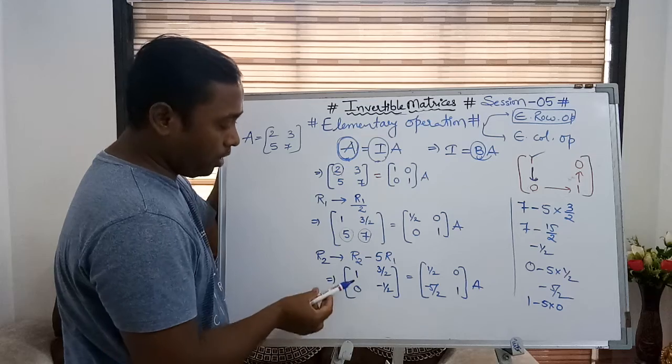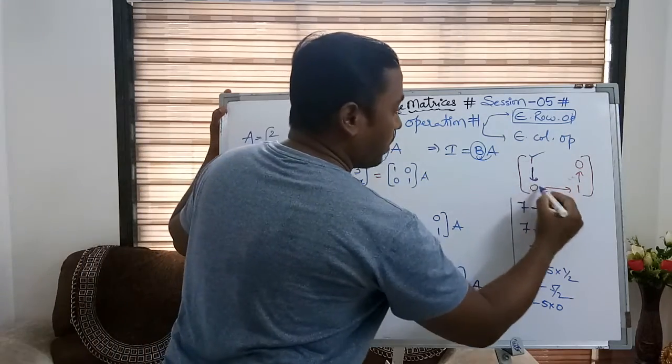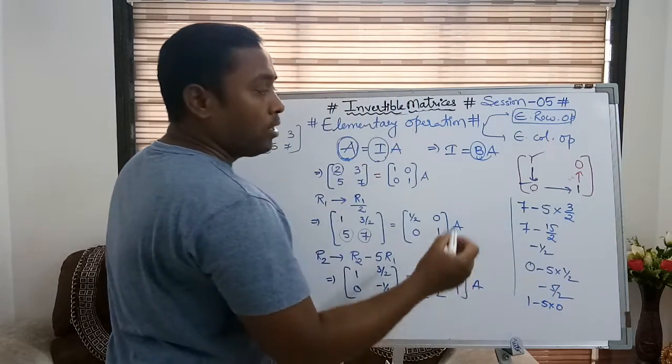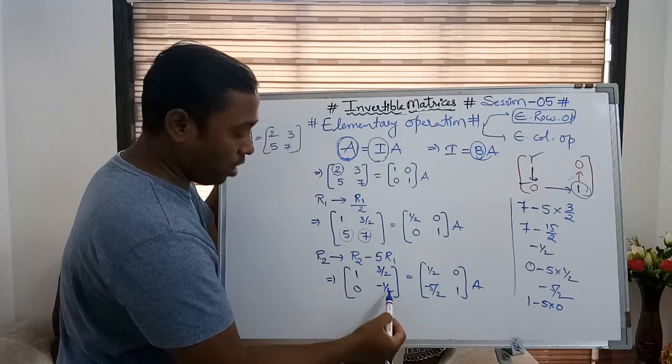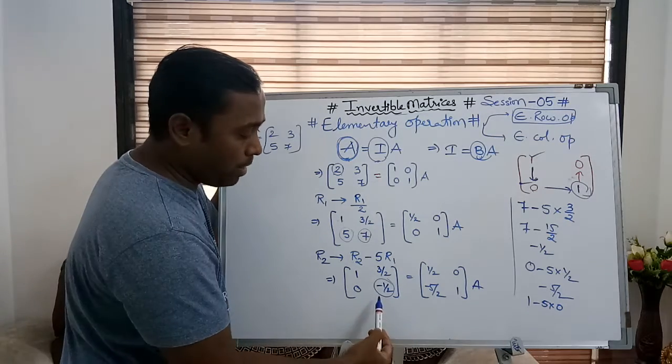Now you can see we obtained 1 and 0 here. And what is the next target? Once it is done, it is done. Then we need to move 1. So यहाँ हमें requirement चाहिए 1. It means that now we want this as 1 in the next step. So how can I make it 1 here?